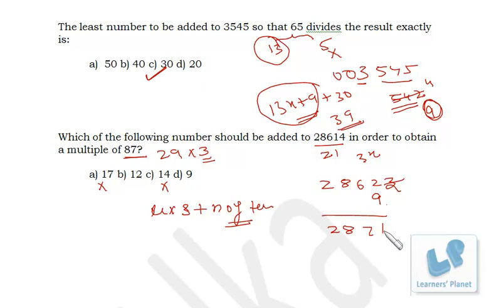Further you can repeat the process till you get a number that is a multiple of 29, and you can identify that, right? So it is 3 and this is 290. That is definitely a multiple of 29. That means 28623 is a multiple of 29. That means if we add 9, we are getting the answer to be a multiple of 29. So this is the correct choice. No need to check for 12. Okay.